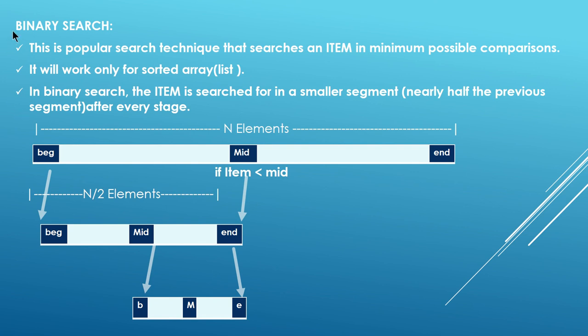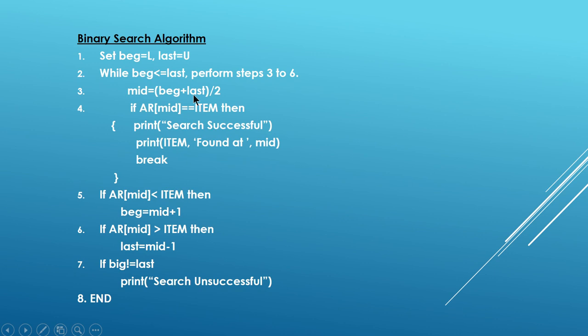Okay, so here in binary search, every single time I am dividing the list of elements into half, that is two sets, and then I will be doing the search. Okay, so that is why it is termed a binary search algorithm. So now look at the algorithm here. Look at the binary search algorithm that is given.